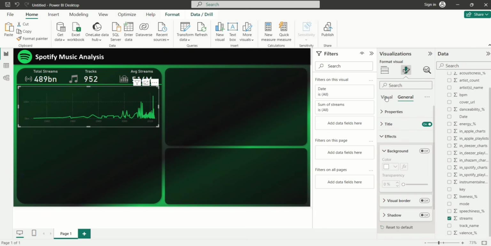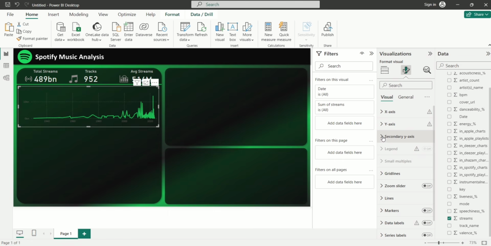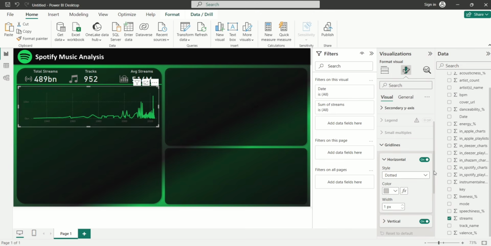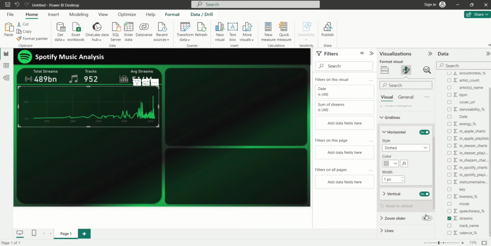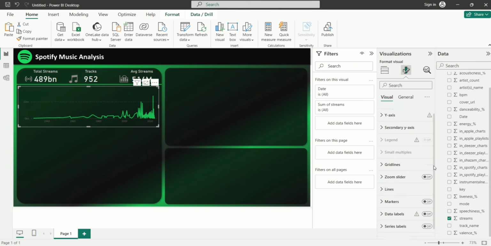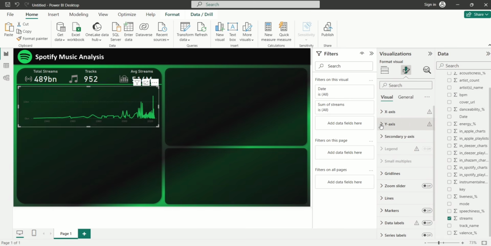So after removing the background, I'll come over here and click on grid lines because I want to remove the vertical grid lines. So I'm going to turn off the vertical grid lines. I want the horizontal grid lines to stay. Then I'm going to click back on it. Then for my y-axis, I'm going to